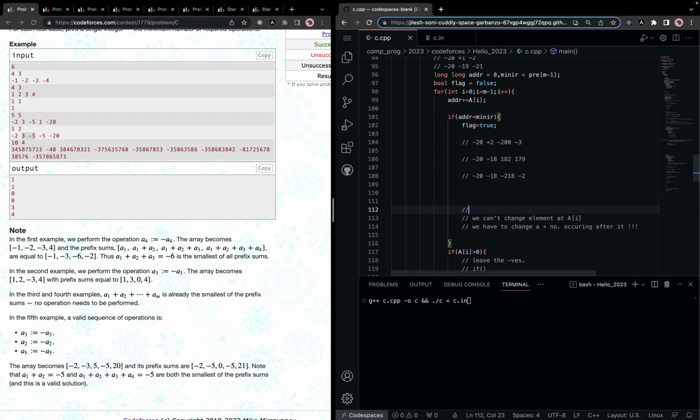So this will reduce our prefix of m-1 by